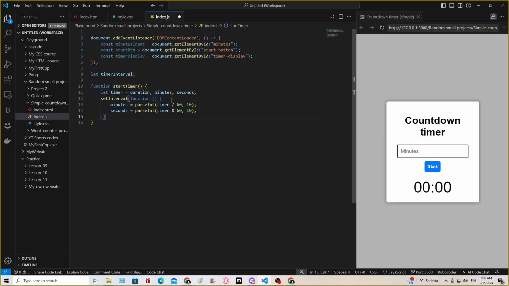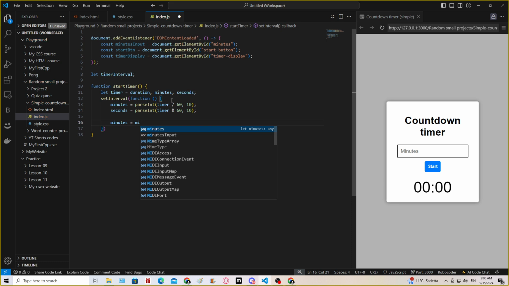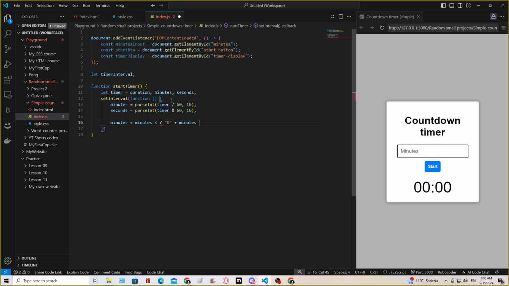And then I am going to make a couple of new lines. So minutes equals minutes if it's less than ? 0 plus minutes : minutes. So that's a ternary operator,